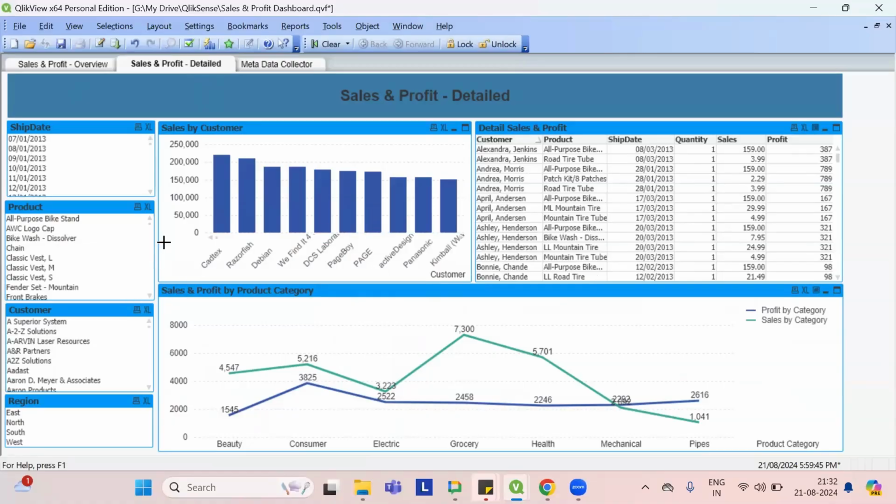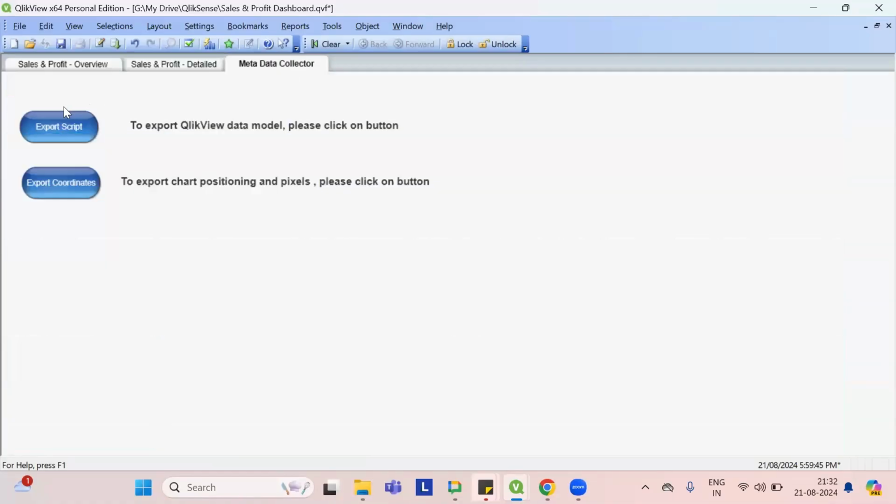To support the migration of metadata from this dashboard, we've developed a set of macros/scripts within the Qlik to Power BI migration utility to capture and collect metadata at multiple levels. First, we extract the Qlik data model and logic, which includes the structure, relationships, and any embedded business logic in Qlik. We also ensure that graphical metadata such as height, width, and coordinates are accurately captured for proper visual representation